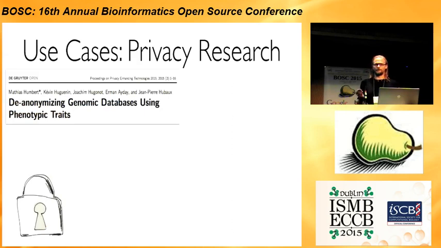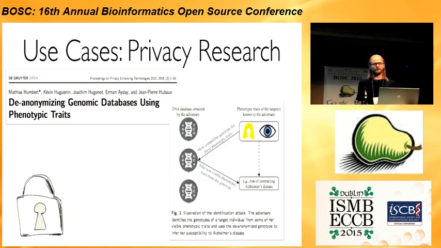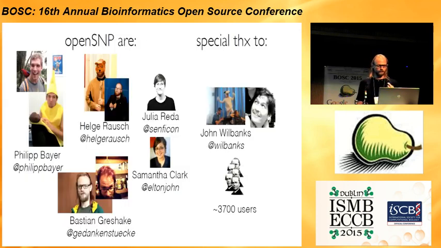And last but not least, which is also done with openSNP data, is of course privacy research. People publishing their genetic data into the public domain is a tricky topic somehow, and it's really interesting what will happen. So what these people actually did is they used the openSNP data and the phenotypes, basically phenotypes which you can observe from people just on the street, like hair color and eye color. They used this to predict which genotype on openSNP belongs to this user, and then of course predicted from the genotypes back all the other phenotypes which weren't given. So basically to predict from your hair color and eye color whether you will develop Alzheimer's or not. It doesn't work too well so far, but it's interesting to see what people are already doing with the data. And I think that's already it.